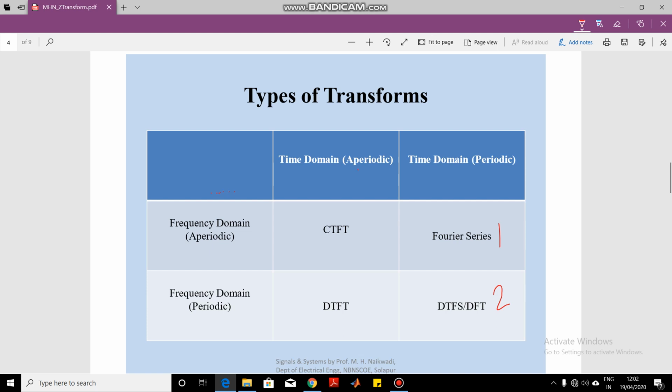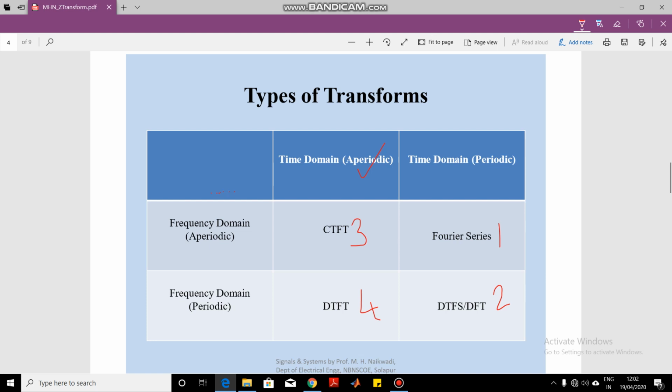That was for periodic signals. But if the signal is aperiodic, which, as we just saw, is a signal that does not repeat itself, then to transform such signals we use a transform called the continuous time Fourier transform. And when our aperiodic signal is discrete time, we use a transform called the discrete time Fourier transform.